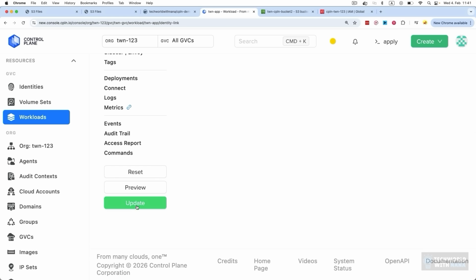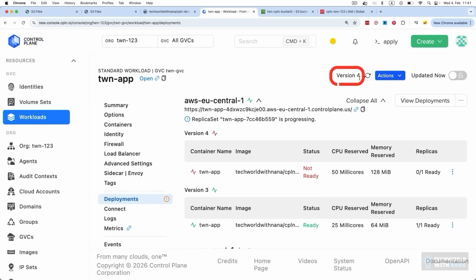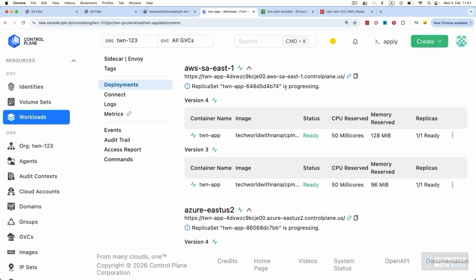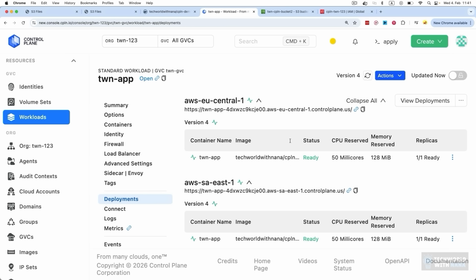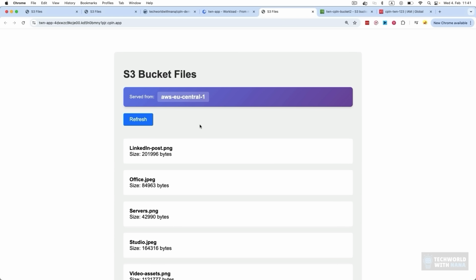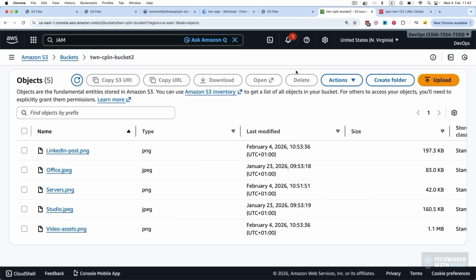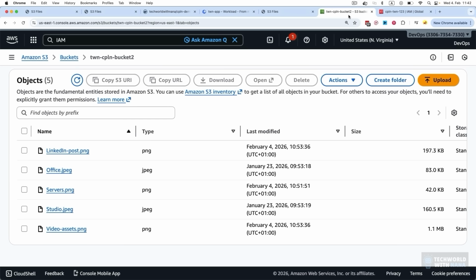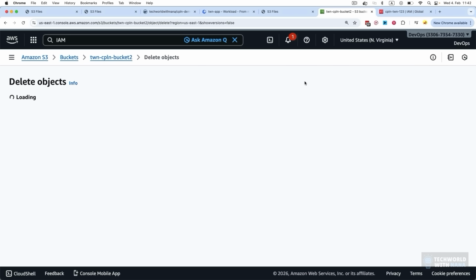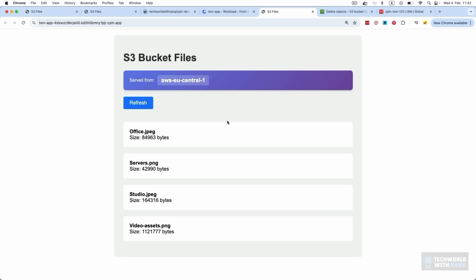And let me update this, and that will redeploy the application, and you can see the version. So we got a new version of the application. Let's wait until everything is up to date. And now we can use the global link. There you go. It needs a few seconds, but now we actually got the list of files from my bucket. This one's right here, displayed in the UI. I can do refresh. Let's actually delete this one, for example, and let me do the update or refresh, and then we can see the up-to-date list of files.